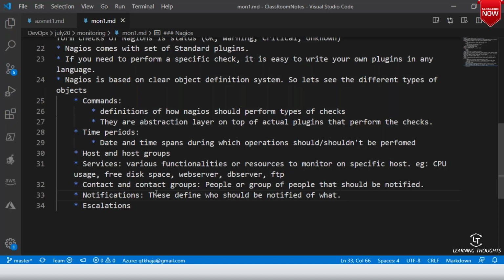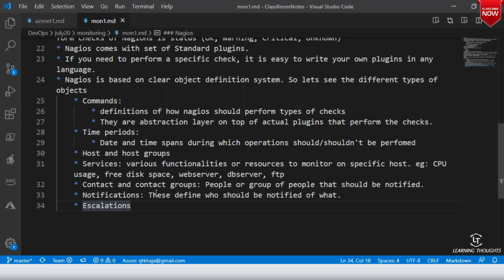For example, all the errors related to your Linux servers host group, send to Linux admins. All the Windows failures, send to Windows admins. All the DB failures, send to DB admins. So notifications define how we communicate, to whom, and on which kind of failure.